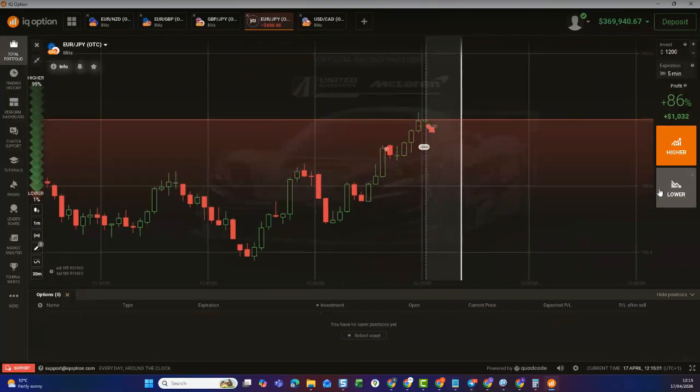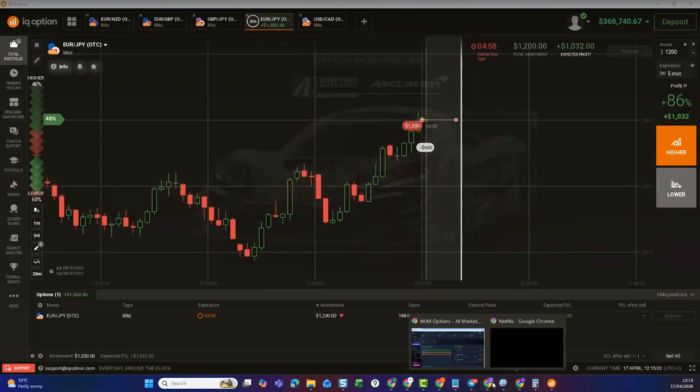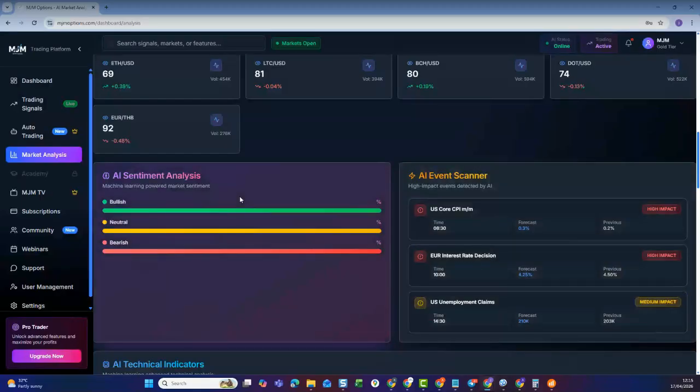4, 3, 2, 1. Now, the next part I am explaining is the AI sentiment analysis. This talks about the ability of the AI to study market sentiment, to know what direction traders are tilting towards, be it bullish or bearish. What direction are they picking for a particular currency pair, crypto, or